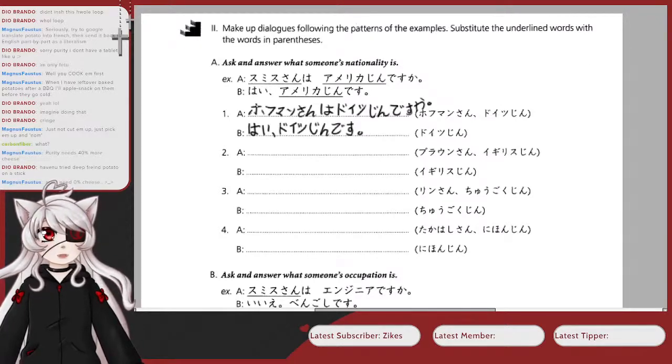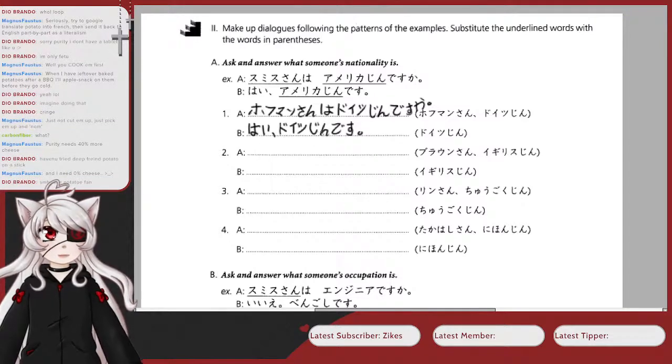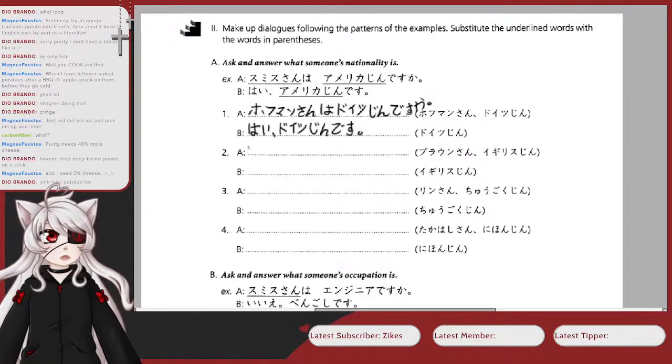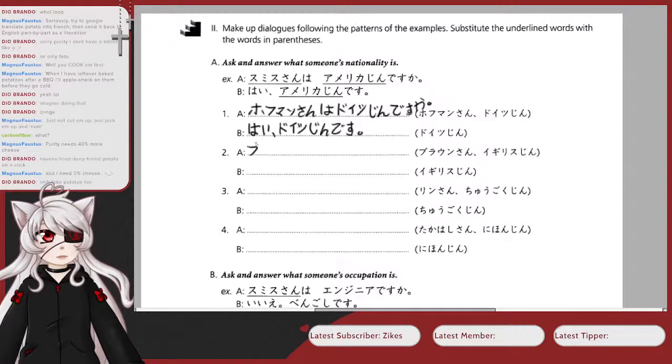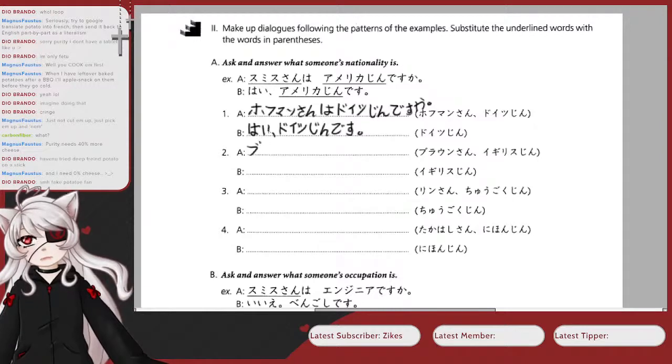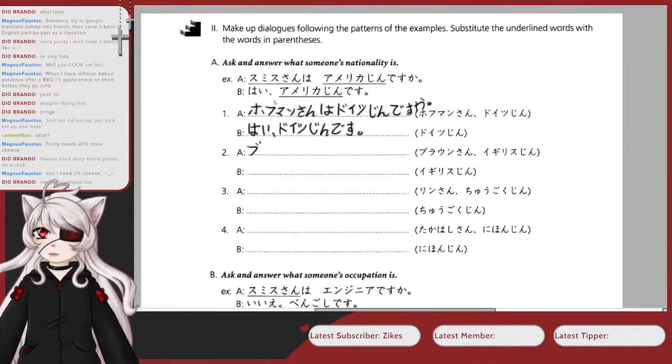Right, so Hoffman-san wa Doitsujin desu ka? And hi, Doitsujin desu. Right, next one is Brown. I think they should have made this more difficult by potentially getting their questions wrong and having us correct it, but